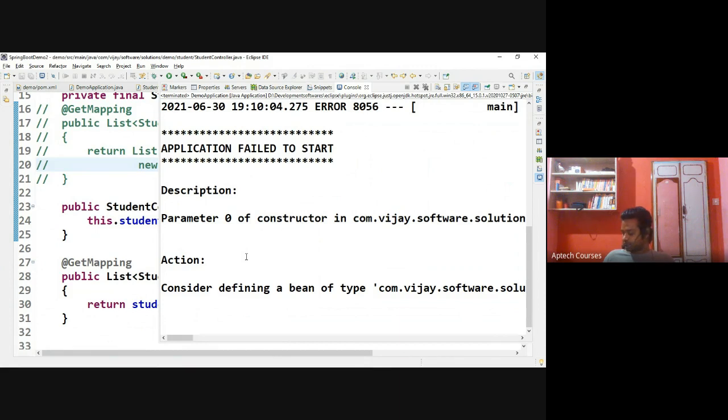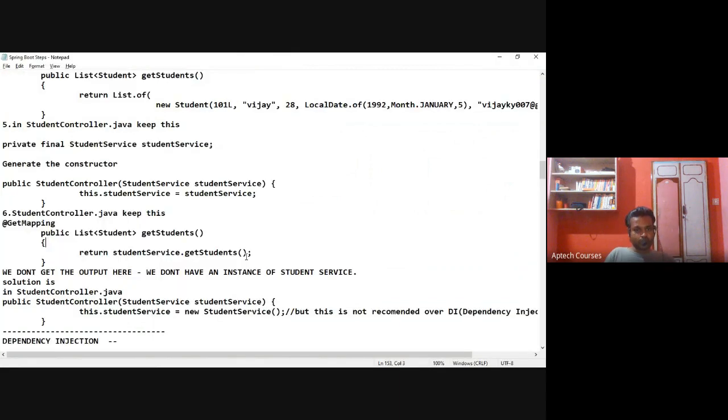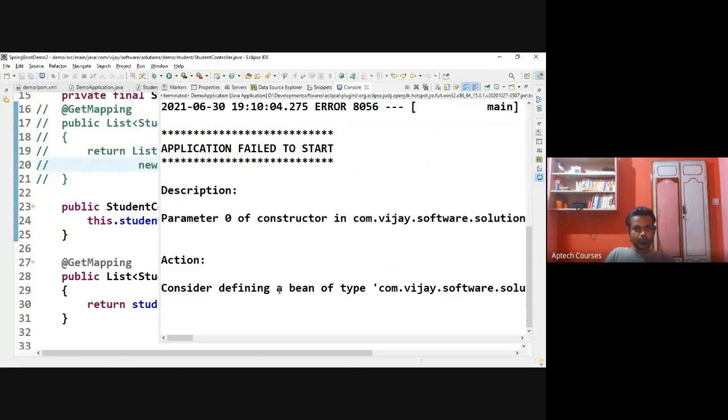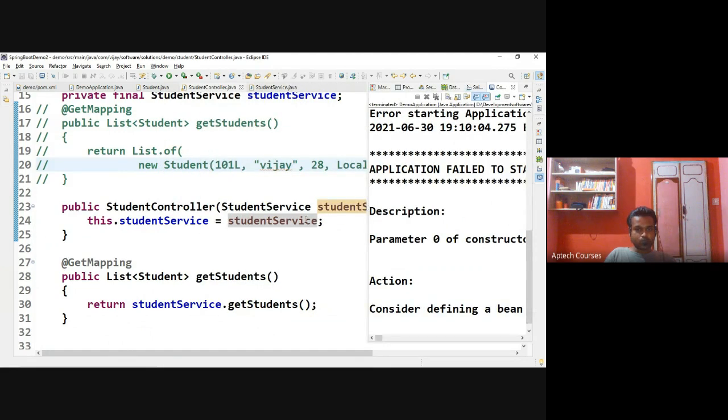What I'm getting: here we are not getting any output. Why? We don't have the instance of student service here. I'm not creating the object for student service here.